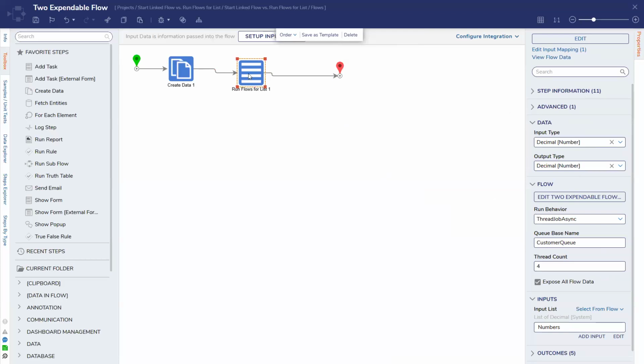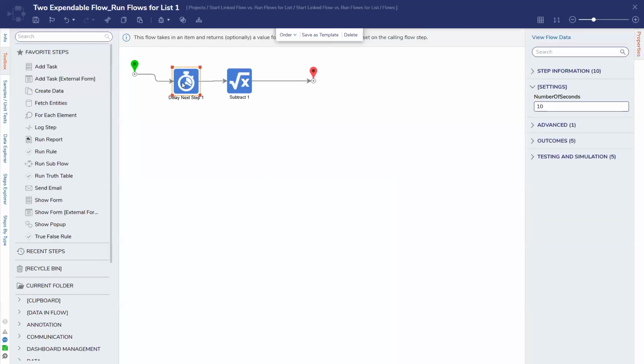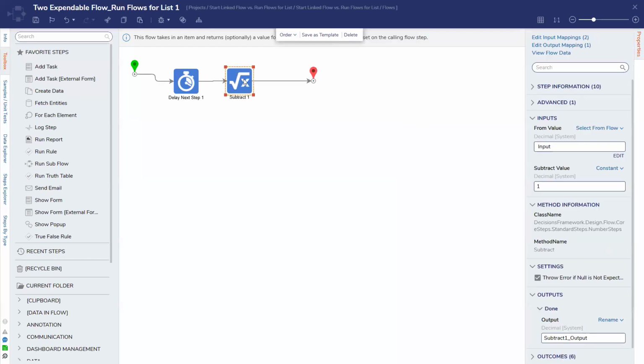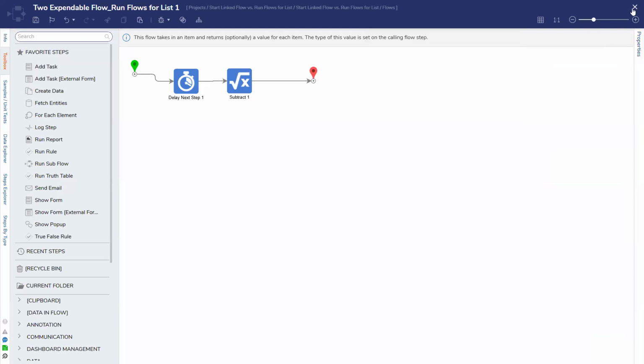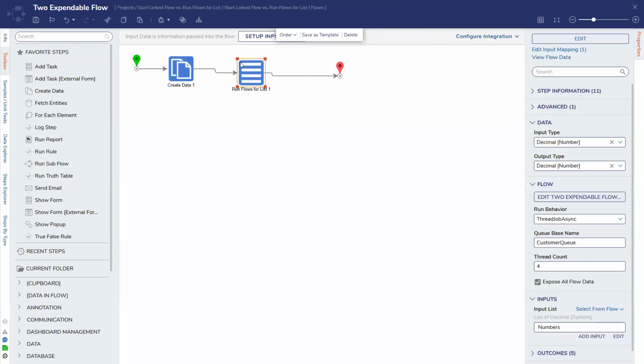I can then pass those into my run flows for list step. And what I'm going to do inside of it is add a delay step just so, again, we can see on the back end what's going on. And let me increase this to 25 just to give myself a little bit more time. And then once that's passed, it's going to subtract the number by 1 and output it here. So let me go over some of the differences here. The start linked flow async step is designed